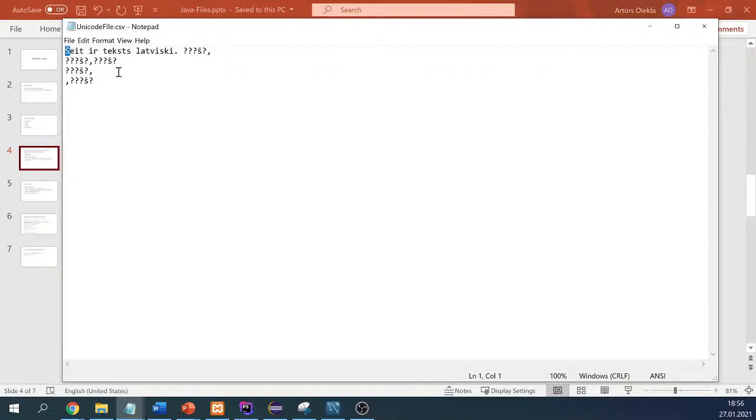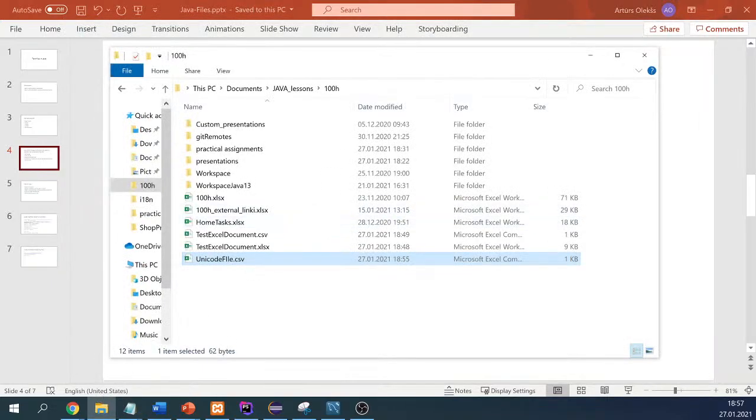If you work with files, not only in programming but in general, be usually careful when you save in formats like CSV or any other text formats, because you may lose data. So be careful, and in this case what we need to do,